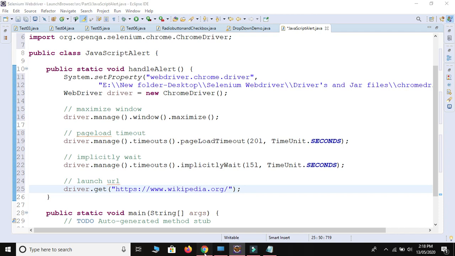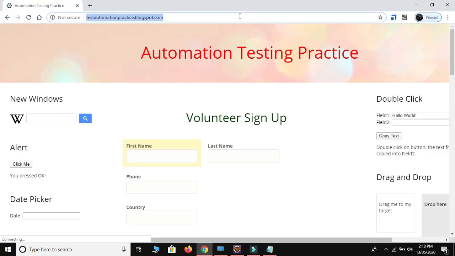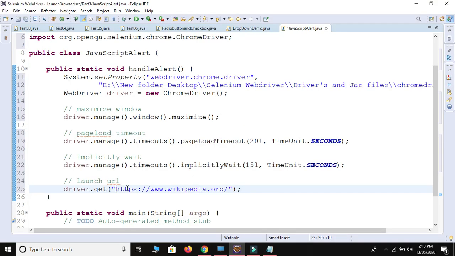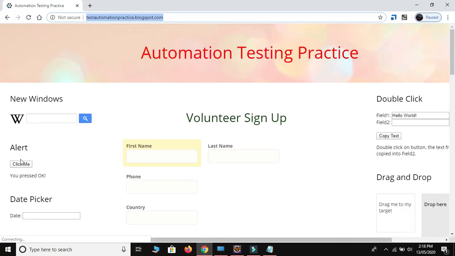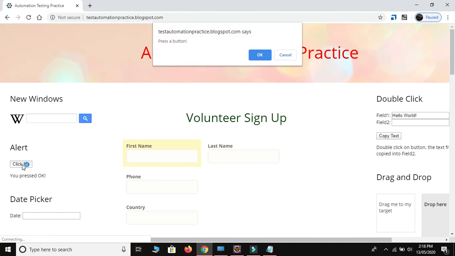This time our URL is this one. Let me paste it over here. As you know, after clicking on this click me button, the alert will appear. First thing is we need to click on the click me button.